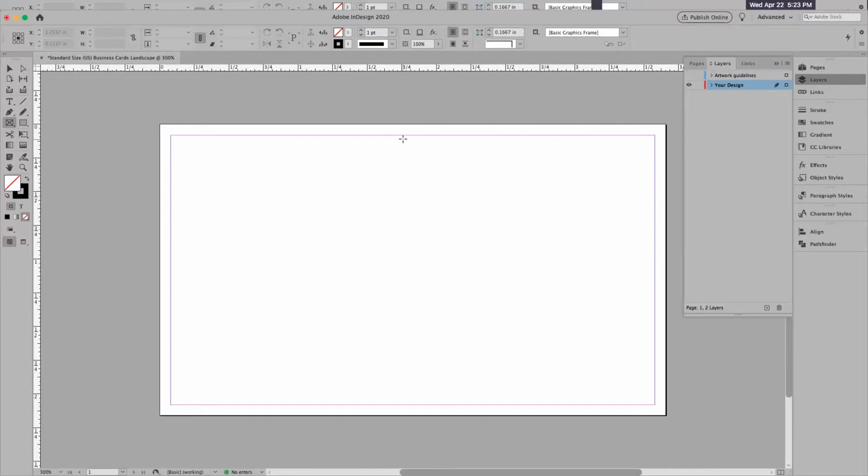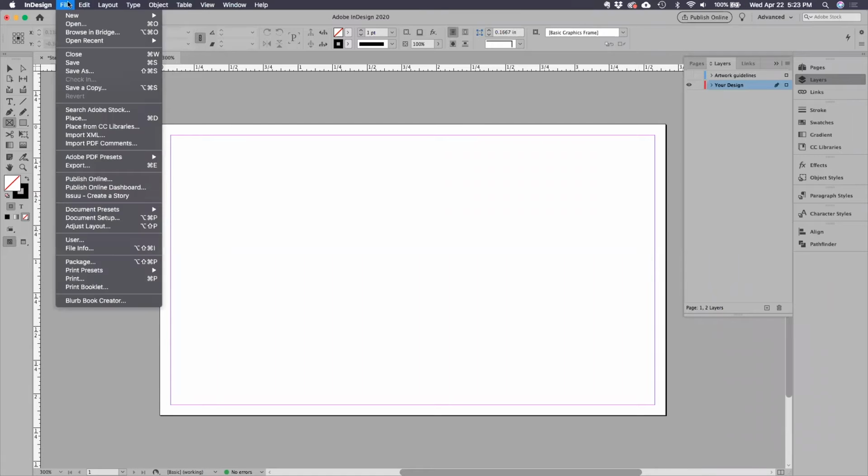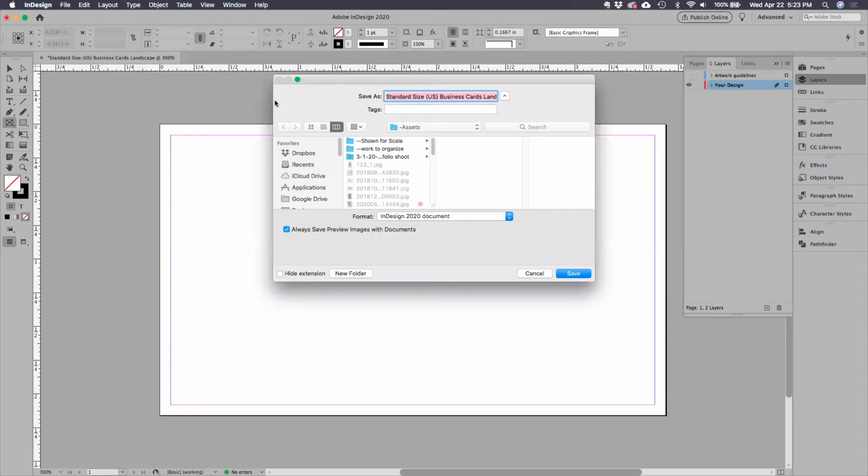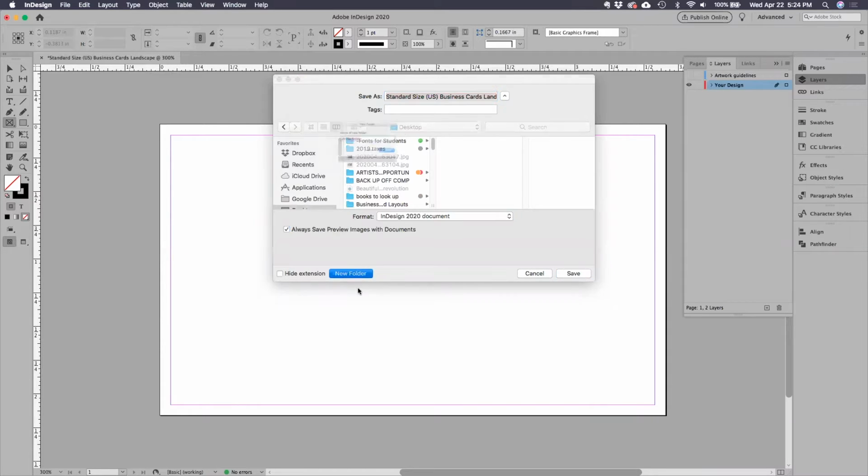So what I'm going to do before anything else is, you'll notice that we just opened a file from Blurb. So before anything else, I'm going to go File, Save As, and I'm going to press Command D for my desktop, and make a new folder. And this new folder I'm going to call, let's see,